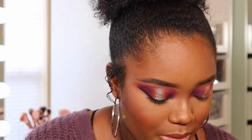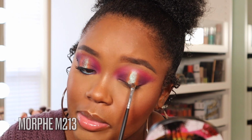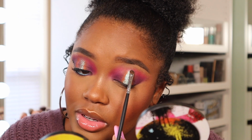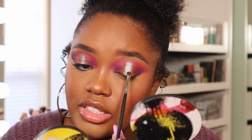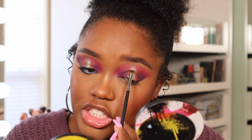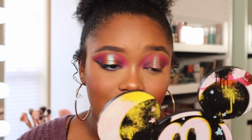And then I'm gonna take, where's my brush? I'm gonna take a Morphe M213 brush, and I'm basically gonna clean it up a bit and just blend it upwards so we get a nice, perfect little halo. And I'm just blending the shade into that orange. It is stunning. I love